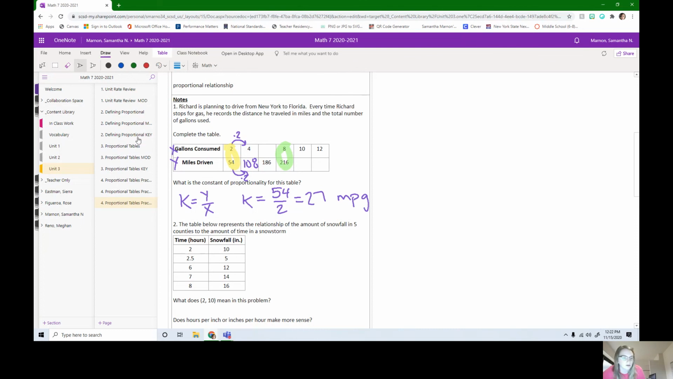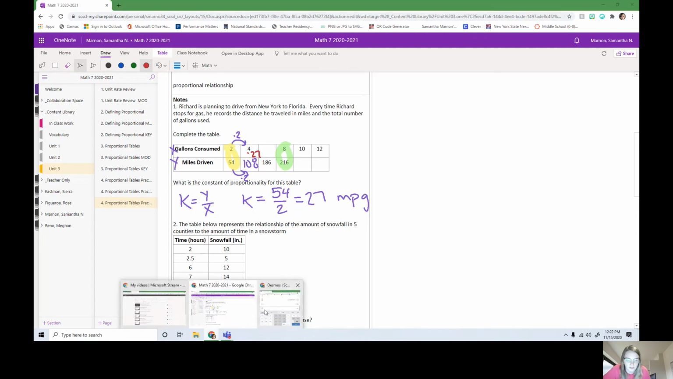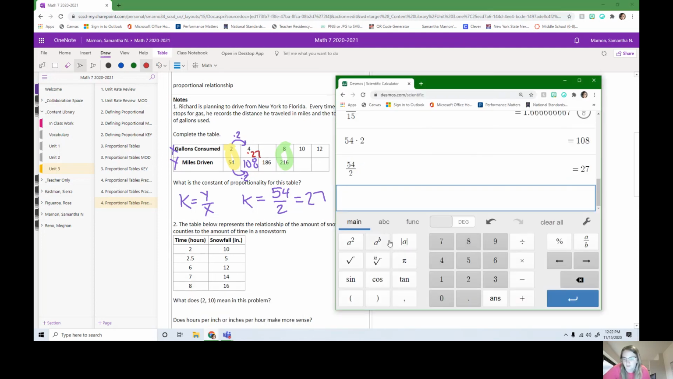So now that we know what our constant of proportionality, that K, is, I can come back to this table and every X I can multiply, and we can check if you do 4 times 27, do we get 108? So let's check on our calculator. If I do 4 times 27, we do get 108. So this method is going to work. So now we need to do 10 times 27. We got 270, and 12 times 27,